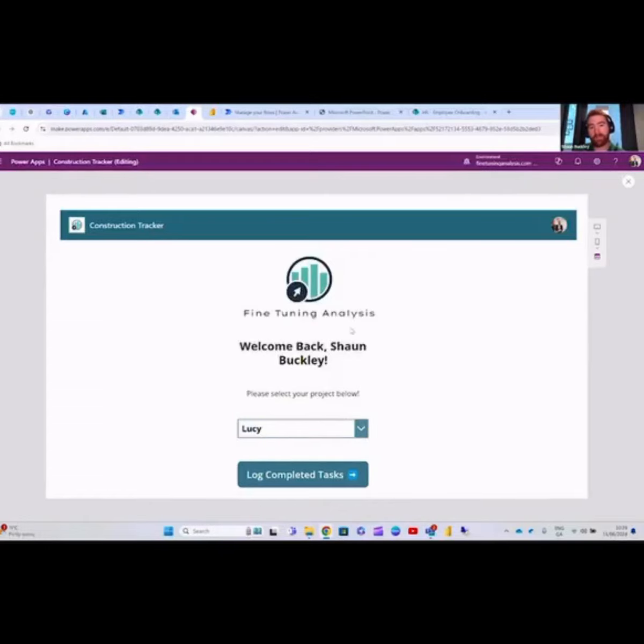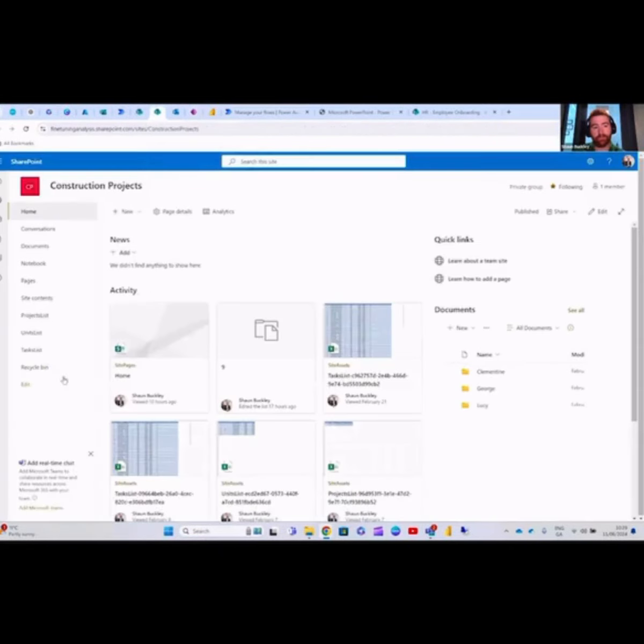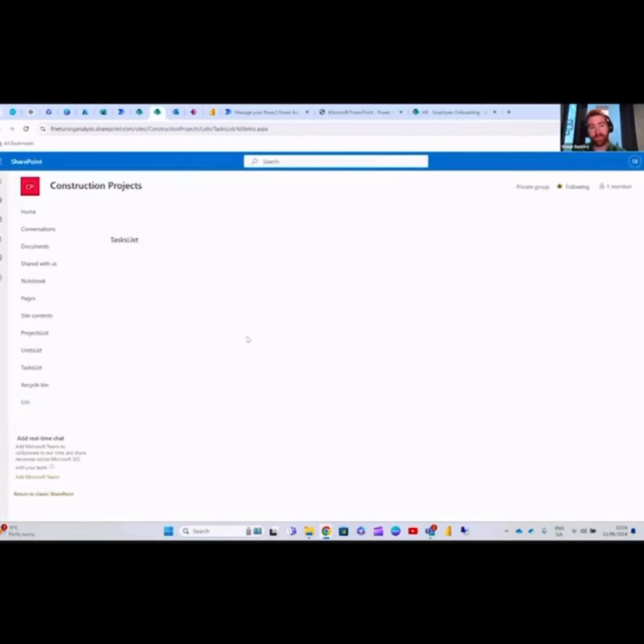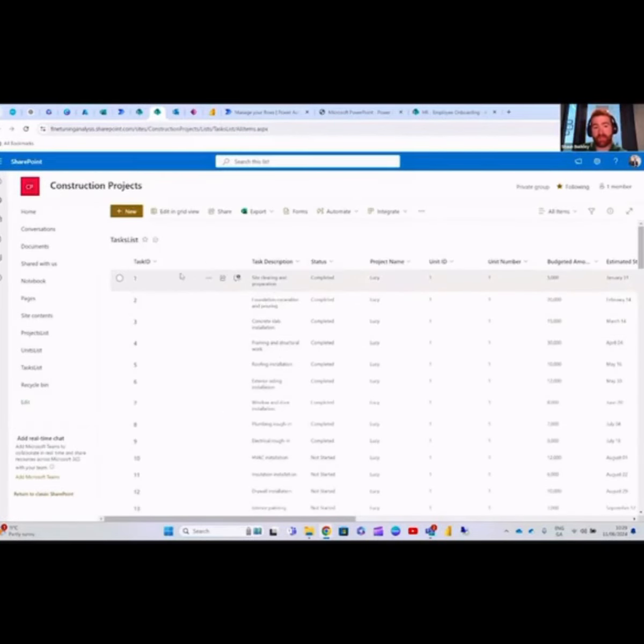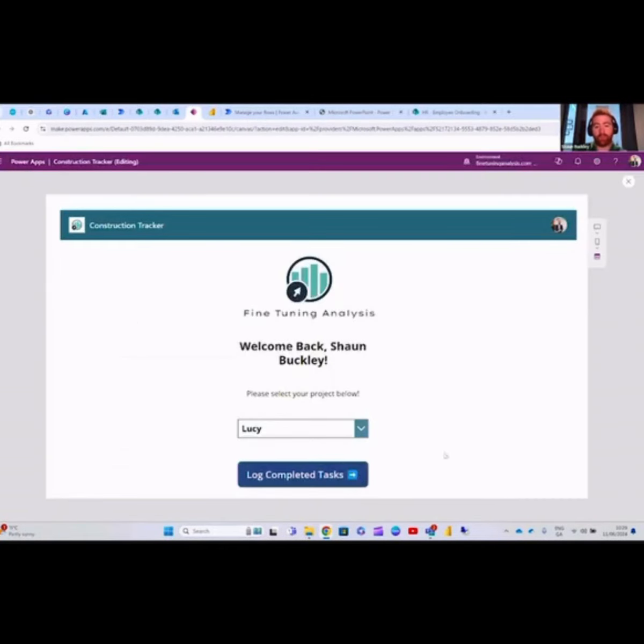The beauty about Power Apps is if you store this data on SharePoint, which I've done here, if I go to the SharePoint list, this is literally the data that's connected to the app, and you can easily then connect that to Power BI, which I'll show in a second. But just to go through the app firstly, so let's say we want to complete some tasks for some of